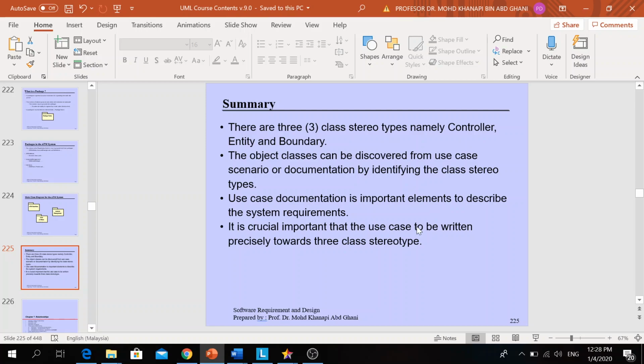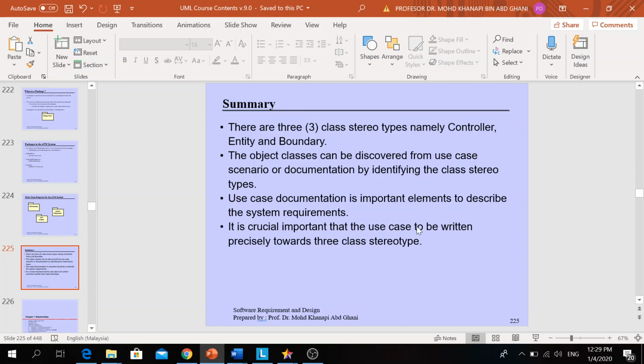So please bear in mind to revise and refine your use case description clearly. I hope that you complete your use case description for each of your use cases.